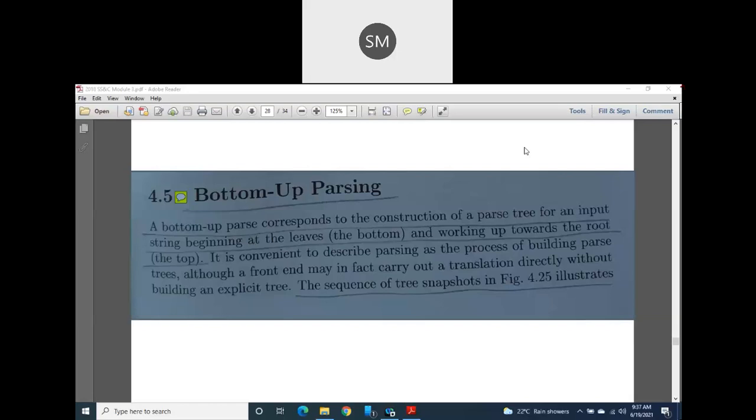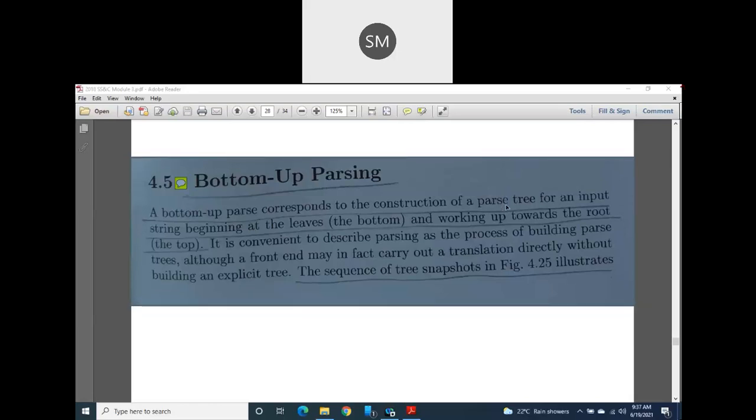Bottom-up parsing is nothing but constructing the parse tree or syntax tree from bottom to top, that is, starting from leaf node to root node. Okay, so for bottom-up parsing, which grammar is suitable, I already told you. For bottom-up parsing, LR grammar is suitable. For top-down parsing, LL grammar is suitable. This bottom-up parsing is the last topic of your third module.